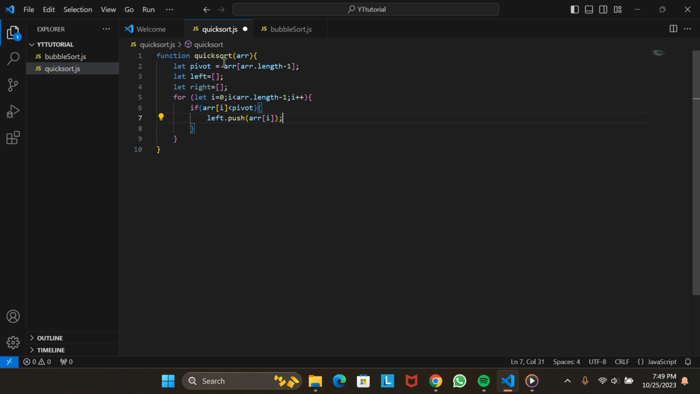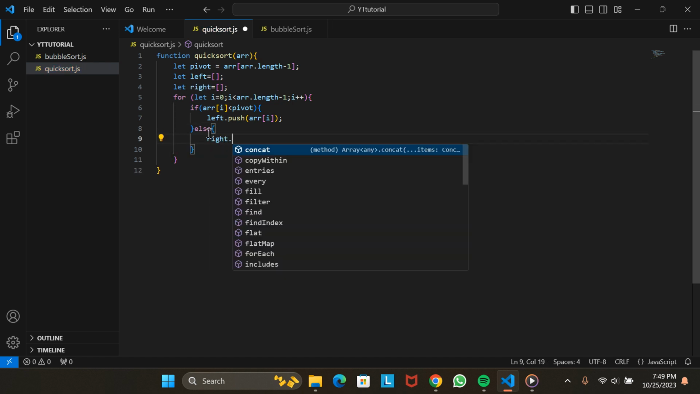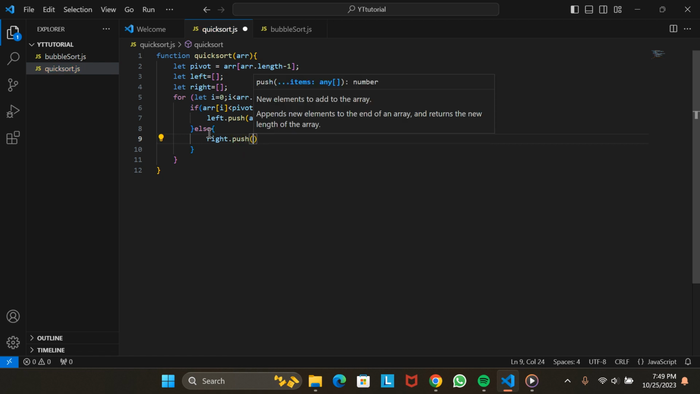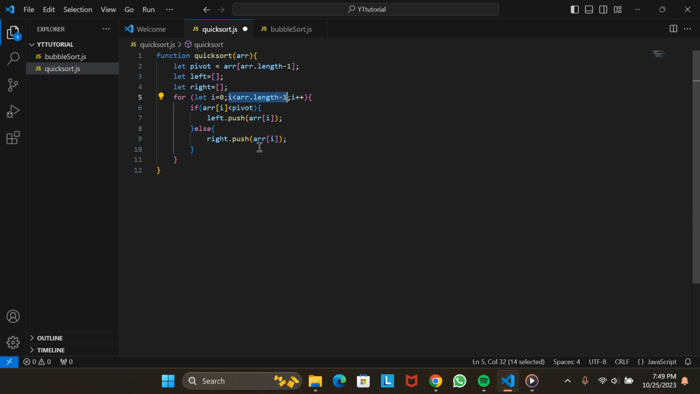Yes, that's it. And if this condition is not true, the other option left is that the element on the current position is greater than the pivot. So we will just keep it in the right array. So right push, the element on the current position. Since this is in the loop, it will be done iteratively till this condition is fulfilled, and the iteration will